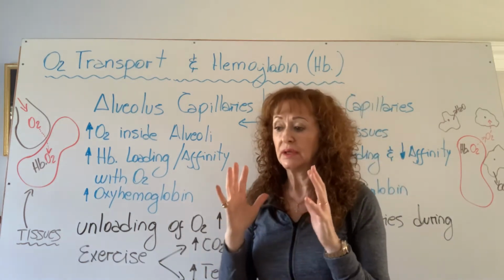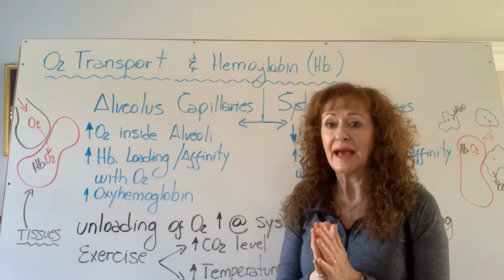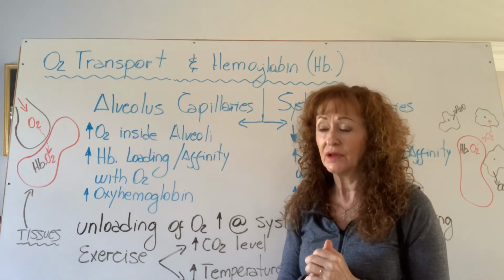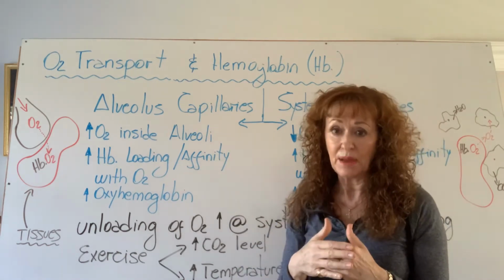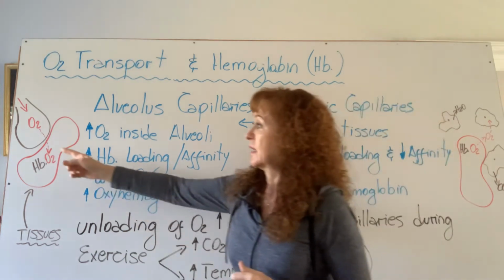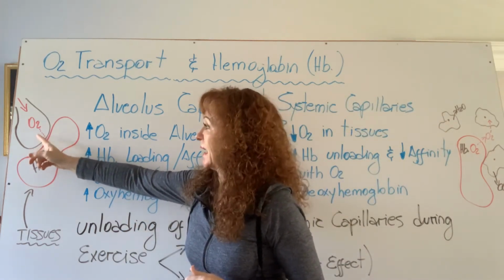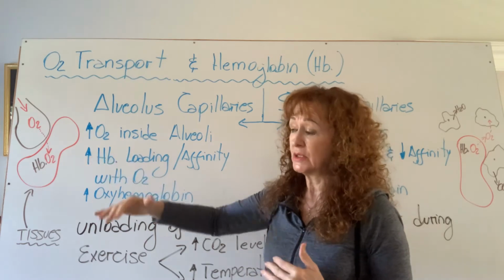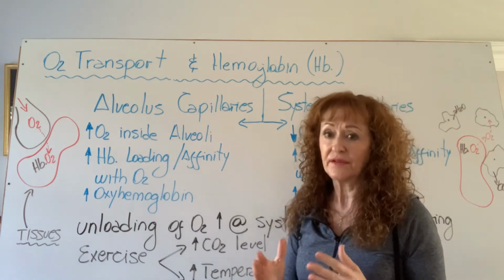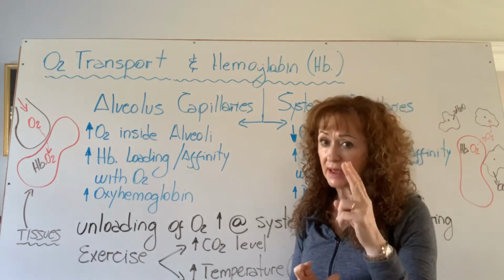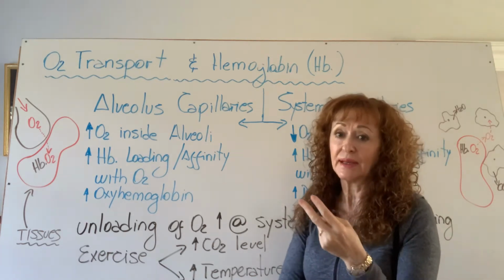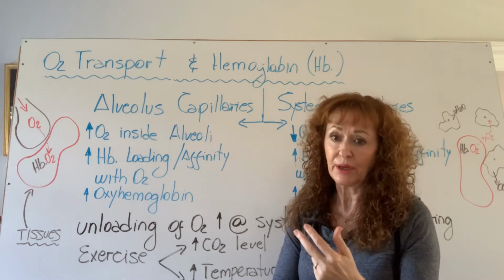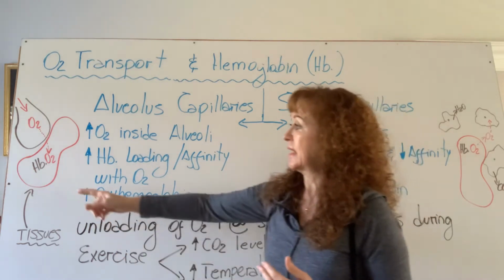Obviously, you have to consider that the diffusion of carbon dioxide or oxygen at the alveoli is passing three membranes. The first is the simple squamous epithelium in the alveoli, passing into the interstitial fluid. The interstitial fluid gets into the second layer of cell membrane, that is the capillary by itself, and the third cell membrane is the erythrocyte by itself.